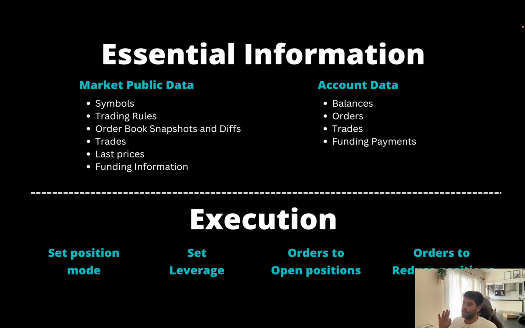Then you have, in this case, something different from the spot connectors, because in spot connectors you just place orders. It's like, hey, I want to buy at this price, I want to sell at this price, or I want to go market and buy at this price, and so on. But in the perpetual connectors, as you can have position modes and you can have a long and a short at the same time, if you place an order, are you increasing the long position or are you reducing the short position? Okay, that's why we have to